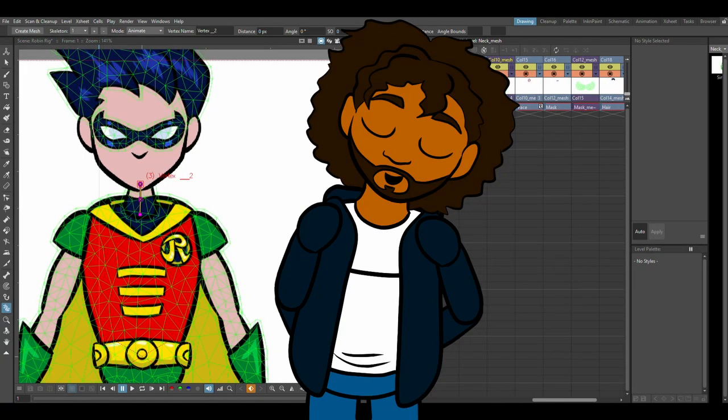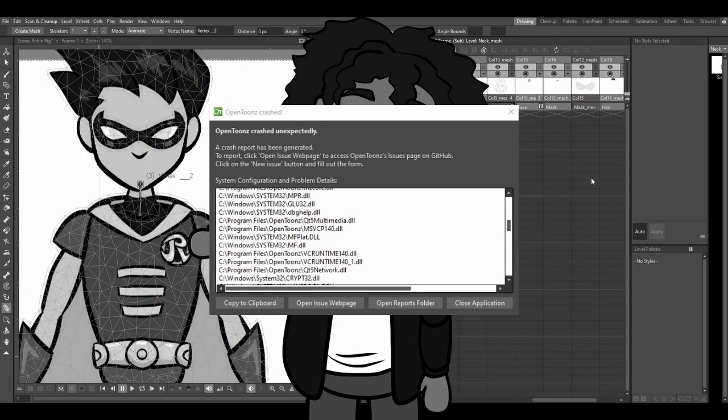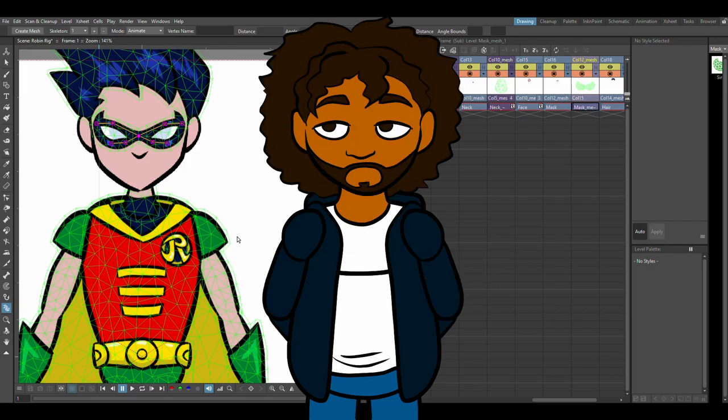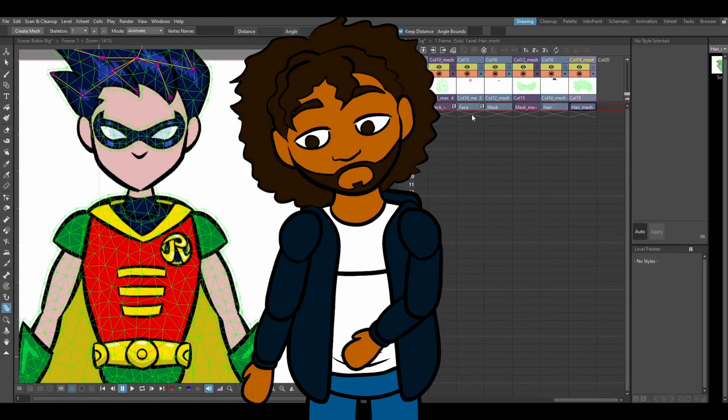The only thing I don't like about Opentoonz is how prone it is to crashing. It really sucks, but hey, you get what you pay for, and it is free. So, the last few things I wanted to talk about are the hair and the mask. I'll save the mask for last, but